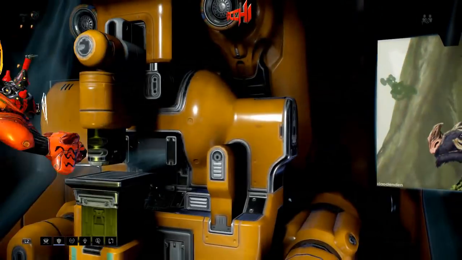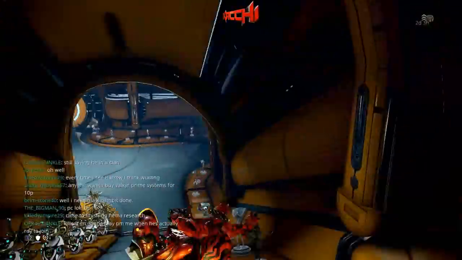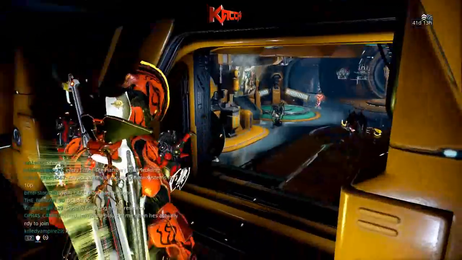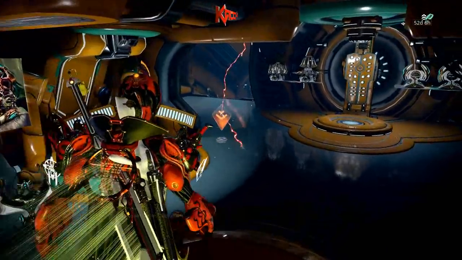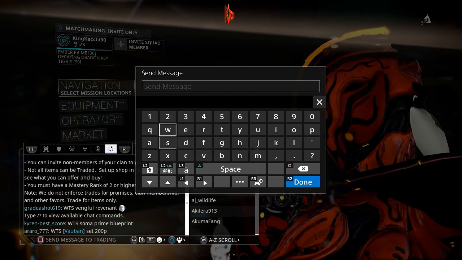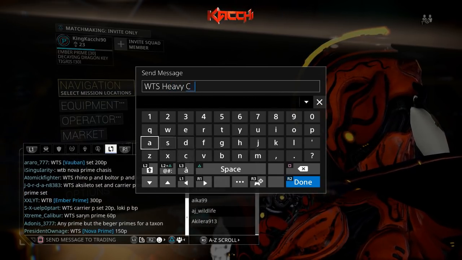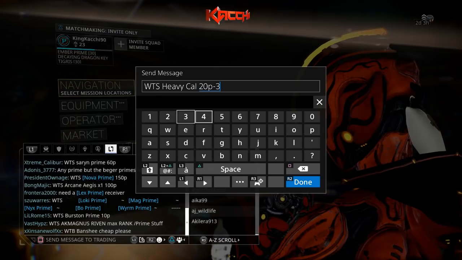Now, as far as the price range for these mods, it still varies, because again, it's an open trade chat. But with corrupted mods, which I like, you cannot transmutate these, so the only way you could get them is through the vaults, or you get them in trade chat. So technically what I like to do, if you have spares, as I see I have a spare of a whole bunch of Heavy Cals, I could just say want to sell Heavy Cal. You just put that in there, and you could say a price range of 20 plat to at least 30,